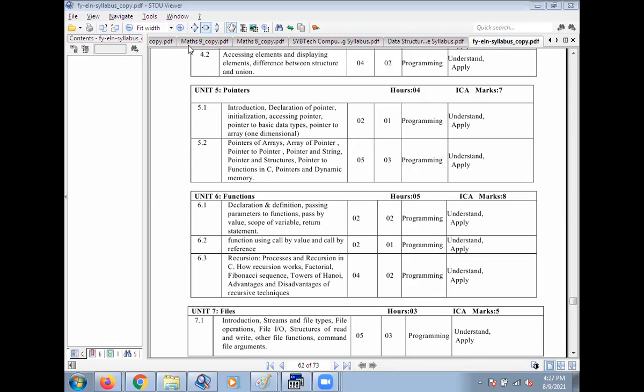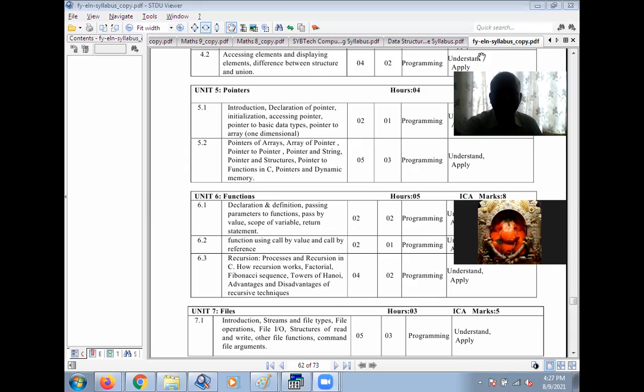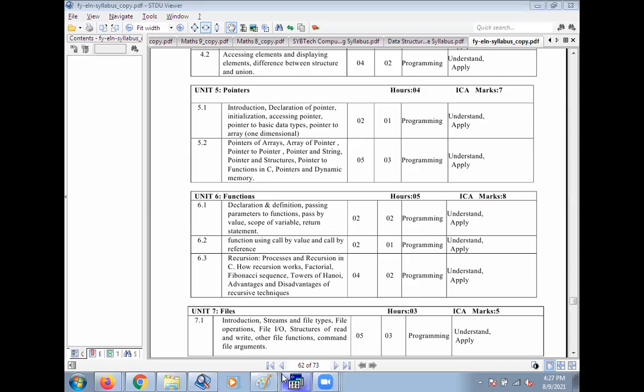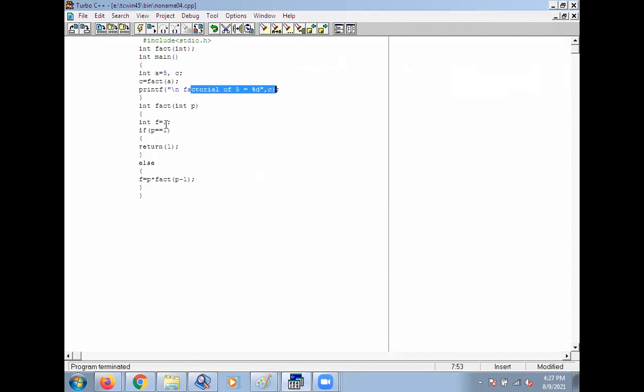Here I will type a code. So #include <stdio.h>, then #include <conio.h>.